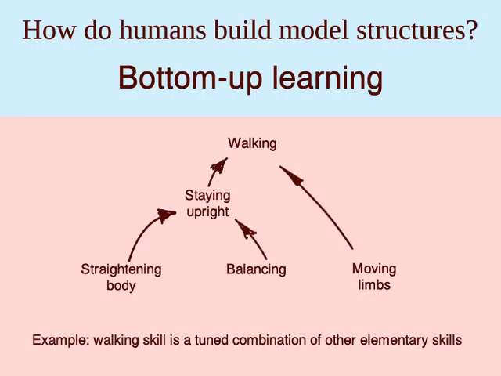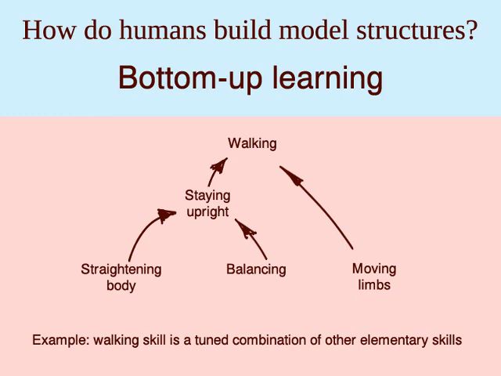The main idea of the combinatorial approach is that humans propose new hypotheses as combinations of models they have learned and proven before. For instance, walking skill is a combination of a number of other skills, as it combines the knowledge of how to keep the body upright and the knowledge of how to move the limbs, and staying upright in its turn is a combination of the skills of balancing and body straightening, and all these skills need proper managing for a number of muscles, so each one of them is another combination of simple skills.